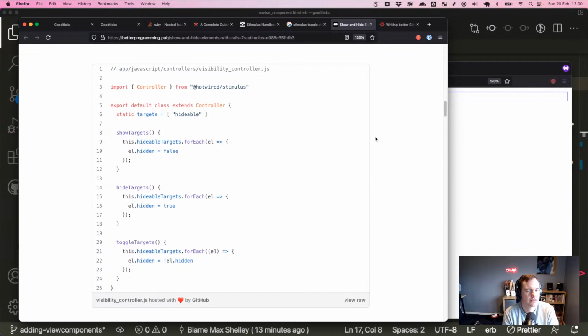It creates this because what do they have? Actions and targets. Is that the things you can have in the controller? It has a target called hideable. No, targets called hideable. For each of the hideable